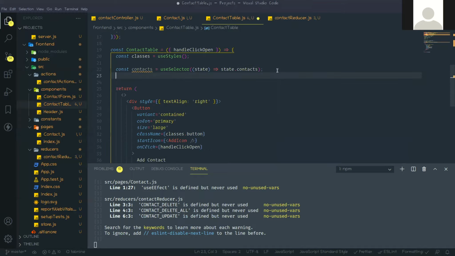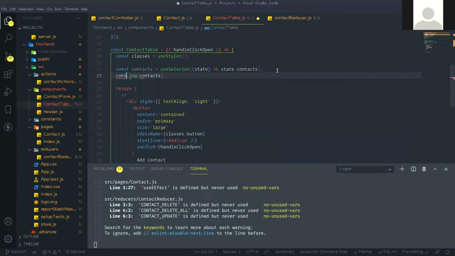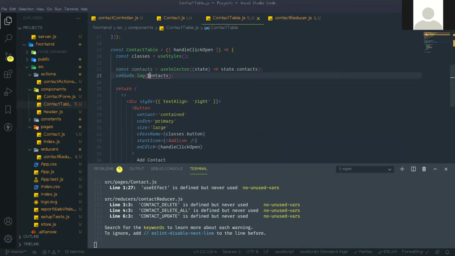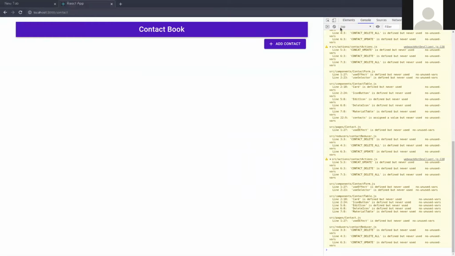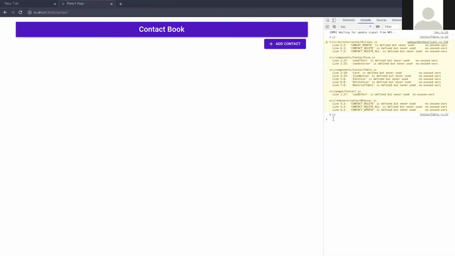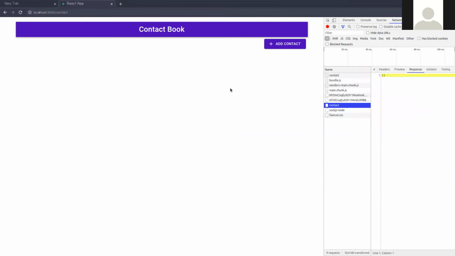Now just console.log, we need to check whether the contacts come or not. So go back here, just inspect, reload it. You can see this is blank now.